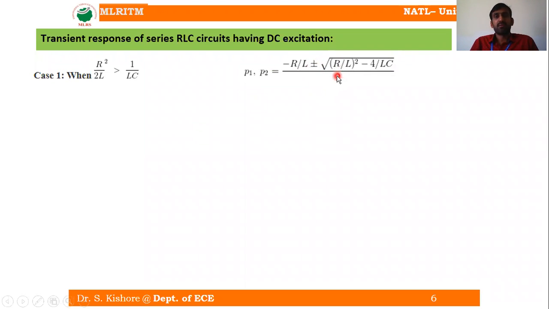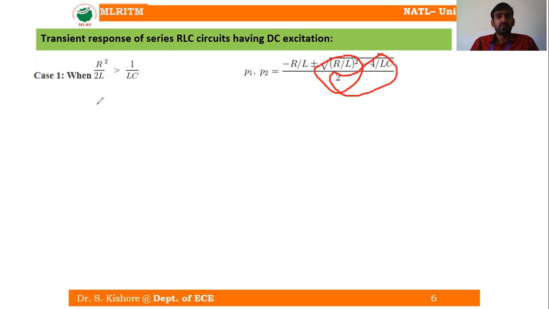Let us consider if R by 2L whole square is greater than 1 by LC. If this whole value here is greater than this whole value,